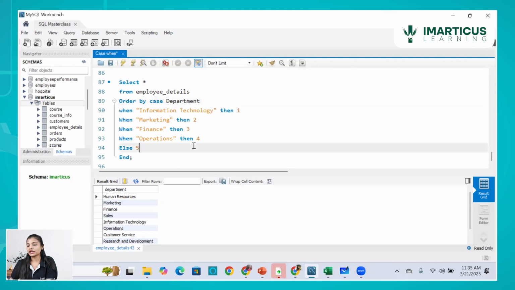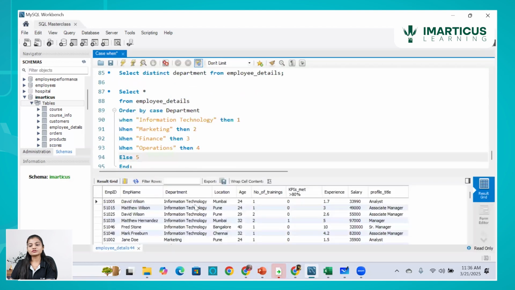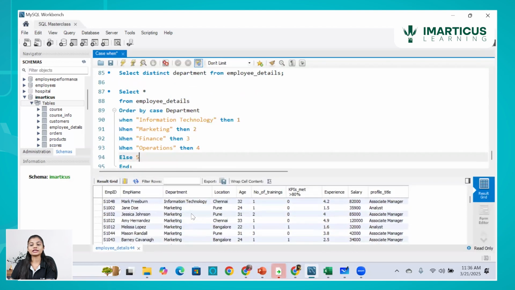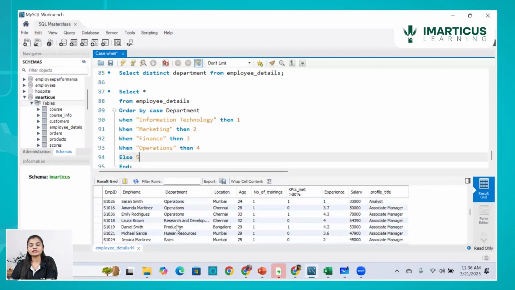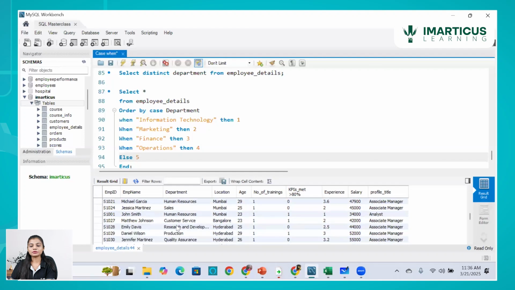And when I execute it, you can see first it is showing me the information technology, then it is showing me the marketing, then it is showing me finance and then operations, and then the rest of the departments are being shown with respect to how they were. So as it is, the rest of them are there. So I can customize the order in which I want the outcome of my data to be sorted. We have seen ascending and descending. In Excel, we had an approach of sorting the data based on a custom order approach. So the same thing I can do and implement over here with respect to my SQL,